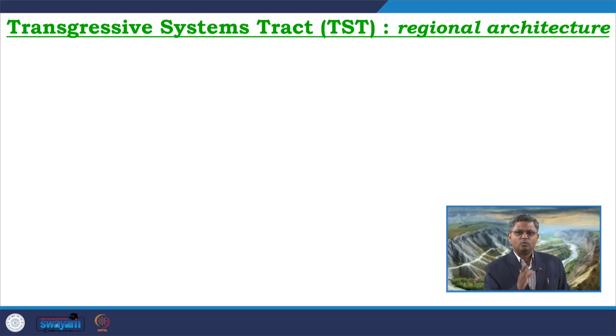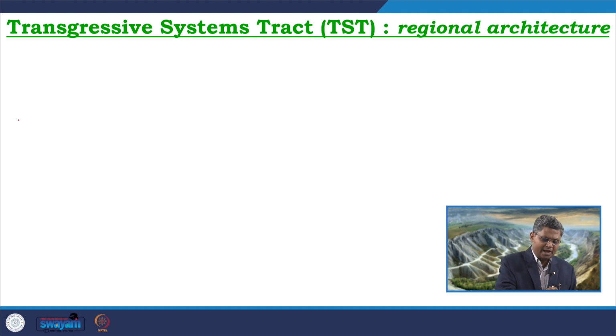If I want to understand the overall regional architecture that can ideally form in a marine basin, from fluvial to deep marine, what the depocenters are and what the different types of deposits are, we can start with an outline diagram to understand the major depositional regimes and environments forming during the transgressive systems tract. To understand that, we will go through a simple diagram, starting with the unconformity which formed during the late phase of the falling stage systems tract, the late phase of the forced regression.